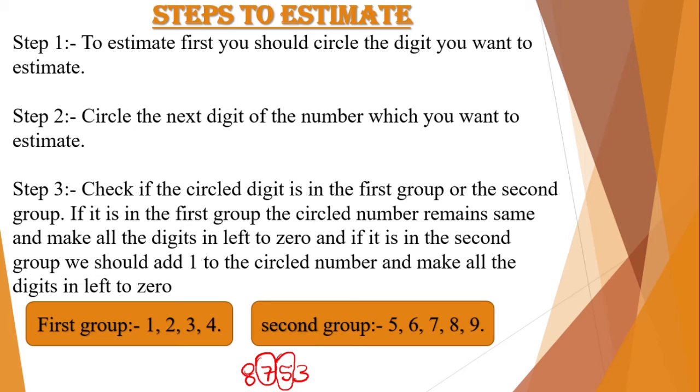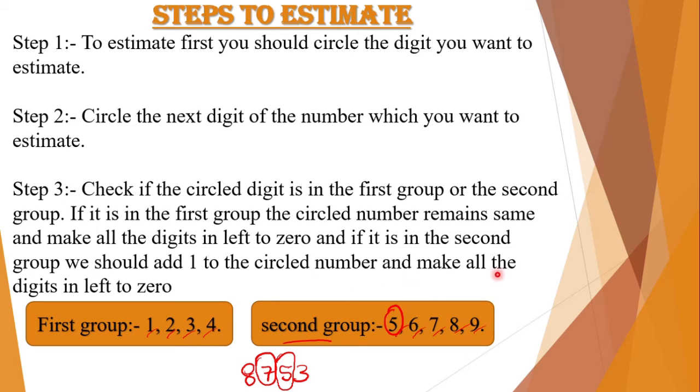So here we should check: is 5 in the first group or second group? In the first group we have 1, 2, 3, 4 and in the second group we have 5, 6, 7, 8, 9. So as you all can see, 5 is in the second group. Hence, if it's in the first group, the circle number remains the same and we make all the digits to the left 0. And if it's in the second group, we should add 1 to the circle number and